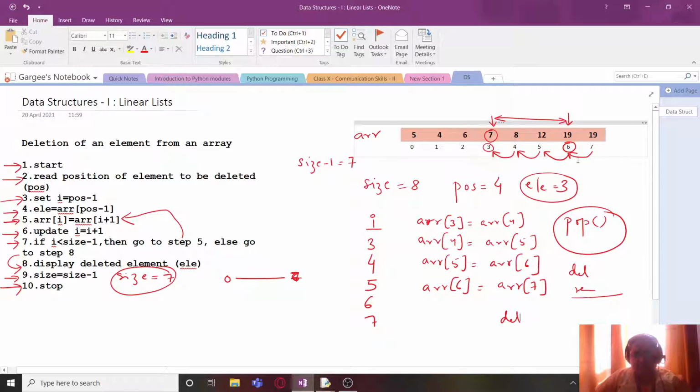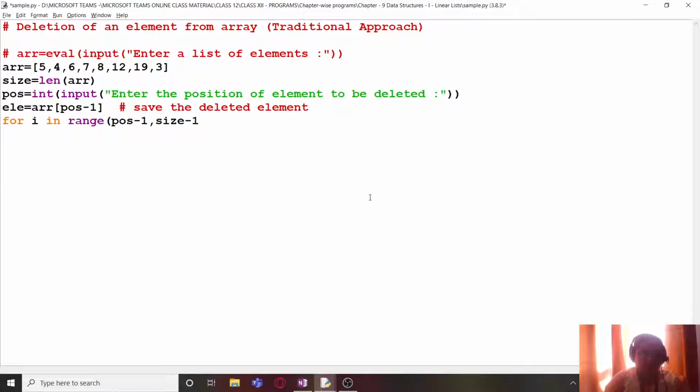That means we have to take 7 as the stop index, and that we will get by using size minus 1. So size minus 1 is the stop index because it will automatically exclude size minus 1 and only take up to size minus 2. And here it will be plus 1 only, so I am not writing any index over there. ARR[I] equals ARR[I plus 1].